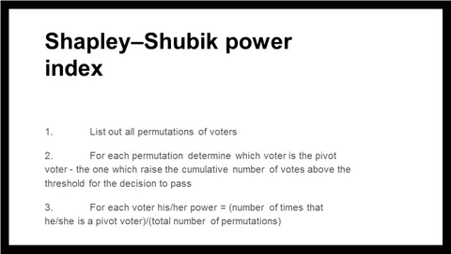Firstly, in this power index, we need to list all the permutations of the voters, and for each permutation, we determine which voter is the pivotal voter. The pivotal voter is the one who raises the cumulative number of votes above the threshold for the decision to pass. For example, if the threshold is 3, and then there are 2, 1, 1, 3, and then all the permutations will be